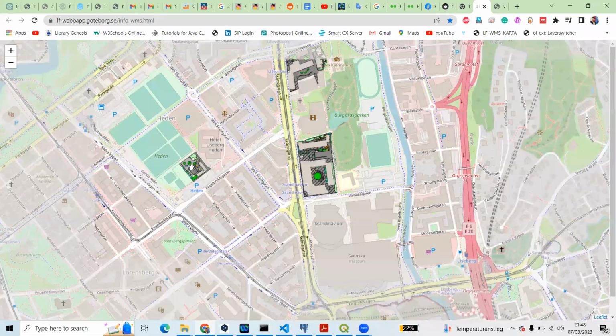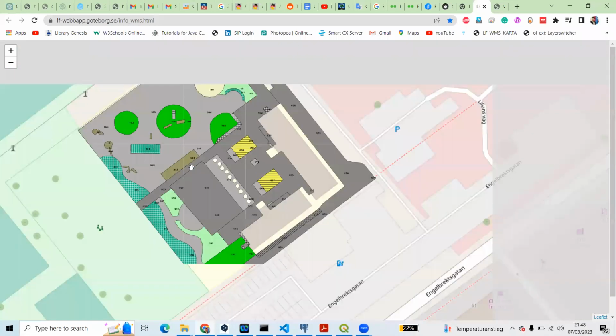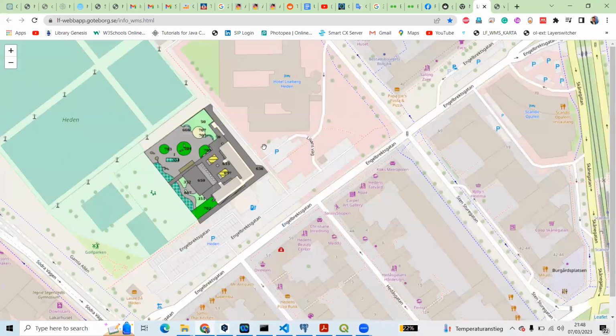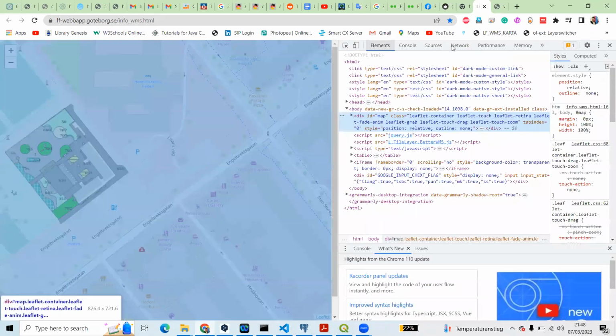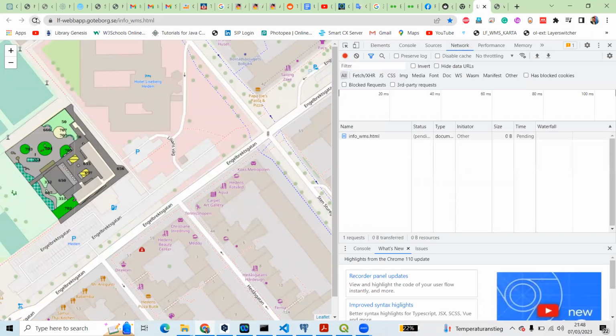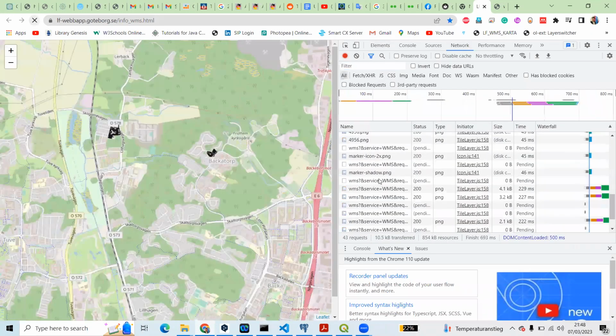So I have prepared some URLs. We can also get the URL from this inspect element. After we go to the network and reload it, we can get some of the URLs here. When I double click it, it goes to this URL with service equals WMS, which means the web map service, and request equals GetMap and GetCapabilities and so on. So we just copy this one,